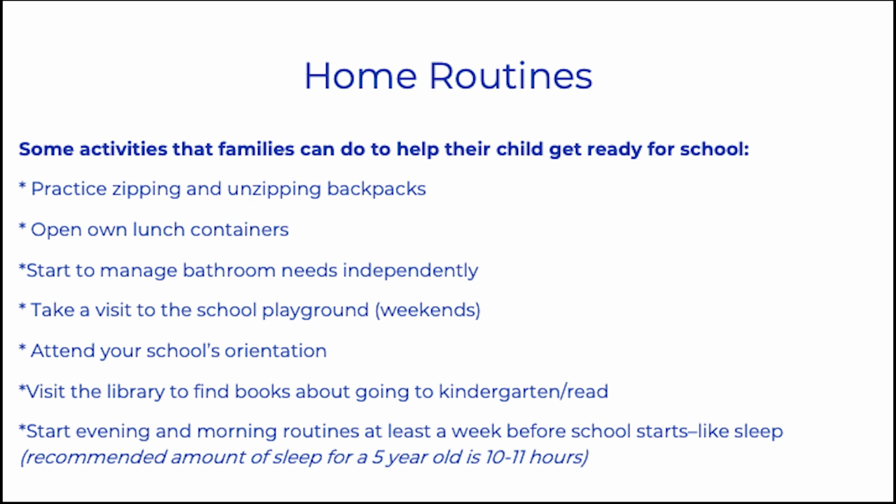Most every kindergarten classroom has an adjoining bathroom, and the children can use the bathroom independently. It's important that your child is able to manage their needs in the bathroom. Just as a reminder, make sure to send that change of clothes. Sometimes kids get nervous, there are accidents, so you want to make sure that they have what they need